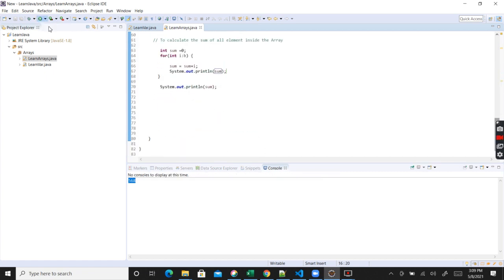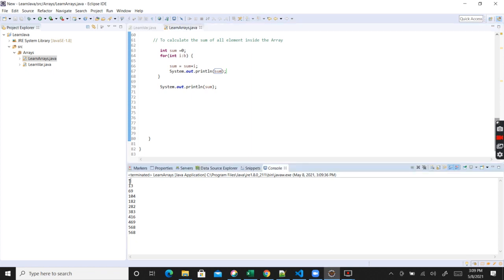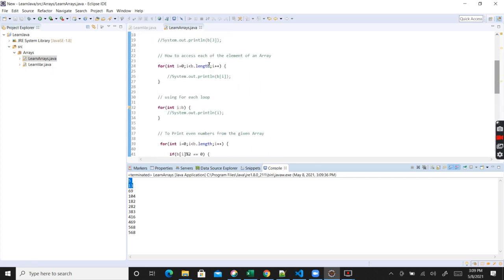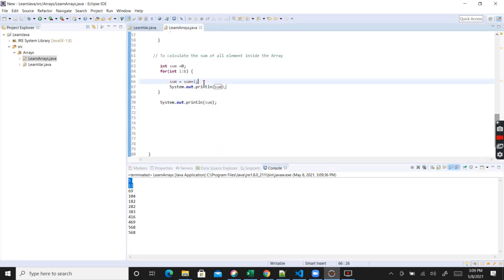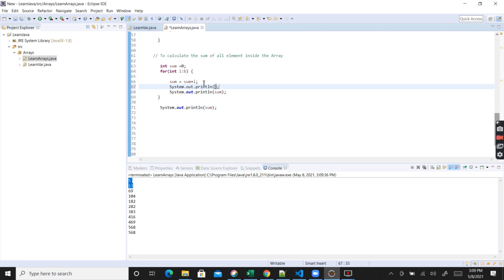Yeah, you see. So first time, first element. Next time, 5 plus 8, 13. And then next time, 13 plus 56, it is 69. So what I can do is I can also print out I as well. So how can I say that the element of array is, and then I. Now look,